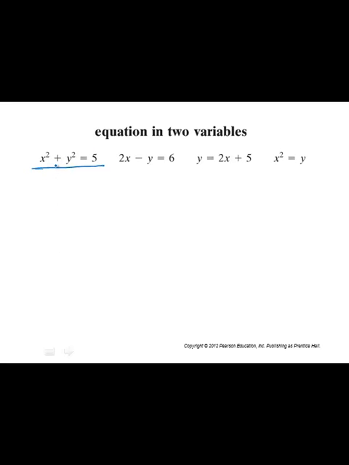So for example, if x is 1 and y is 2, well, 1 squared plus 2 squared is equal to 5. Then that's a true statement. So 1 and 2 will be two numbers that satisfy the equation. Also, negative 1 and 2 will satisfy the equation because negative 1 squared plus 2 squared is 5. Also, 1 squared plus negative 2 squared is 1 plus 4, which is 5. So 1 comma negative 2 is also another point that satisfies the equation. Also, negative 1 for x and negative 2 for y will satisfy the